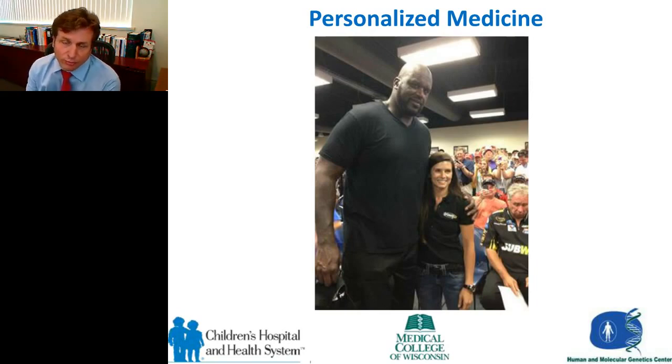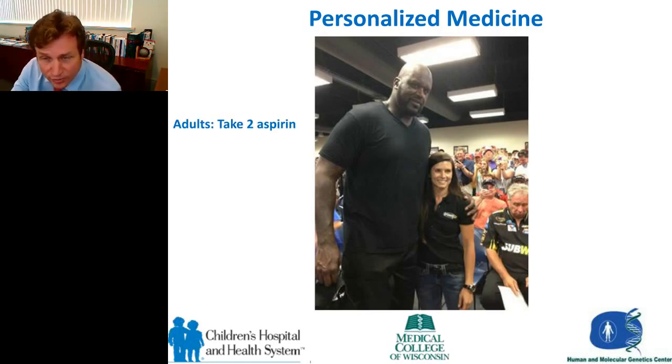And I like to use a basic, silly illustration of what I mean by that. So both Shaq and Patrika have a headache. And they go to the medicine cabinet and they read the directions, and it says, adult, take 2 aspirins. Well, we know that they both shouldn't take the same amount of aspirin. He should probably take 4, and she may only take 1. But epidemiologically, we report that on average it's 2 aspirins. And so that's the main point I want to make. One part of personalized medicine is we want to move away from on average. The second part that I think is important is the decisions that they'll each have to make around their own genome.